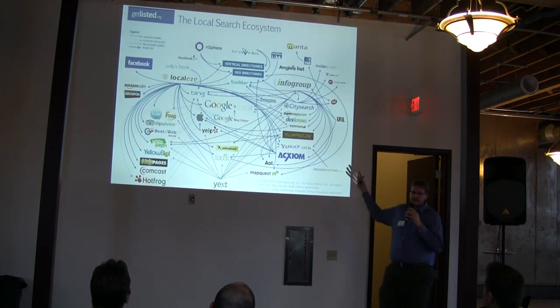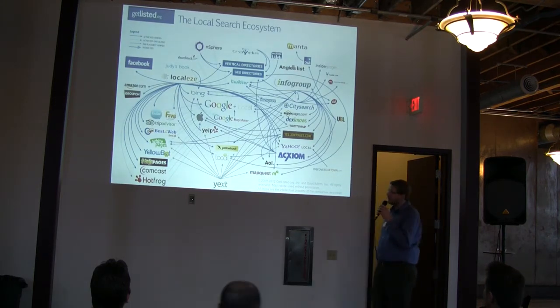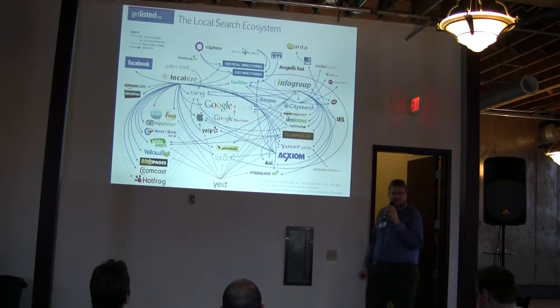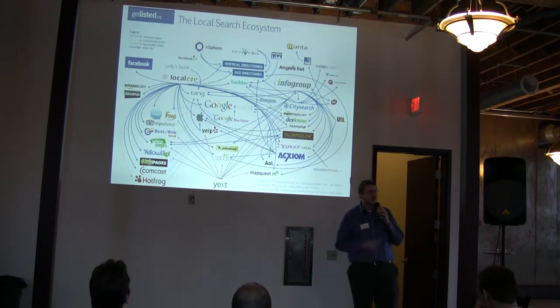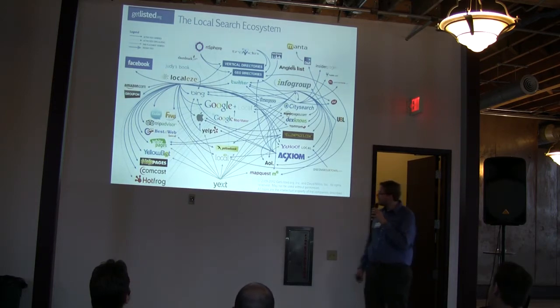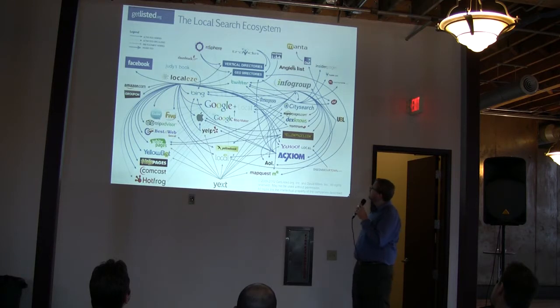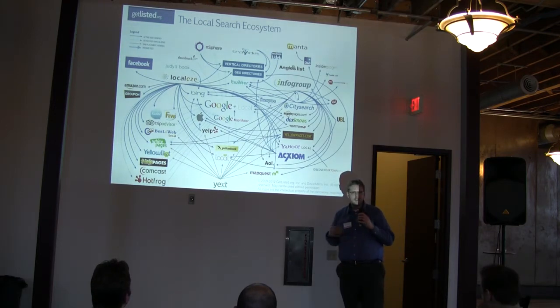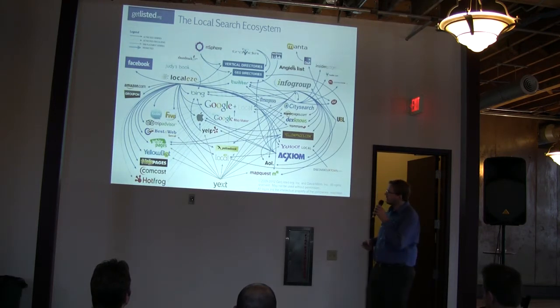And of course, we've probably seen this quite a few times tonight. I refer to it as the Bible of what's going on in local search. I actually have this printed out and hung on my wall. I want to make a t-shirt, maybe a throw pillow or something out of it, because I use it all the time. So basically these are the biggest areas of local search, the biggest sites. You're able to see these areas like other people talked about, Localeze, Infogroup, Axiom, really being the huge data providers that feed a ton of other sites.